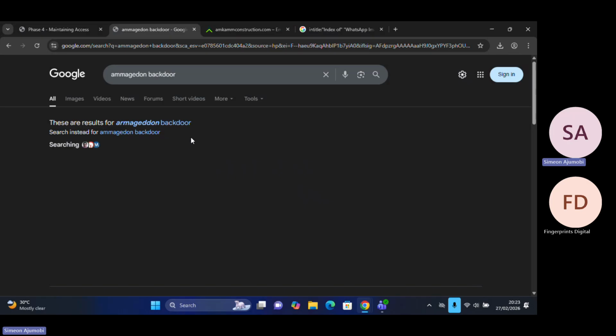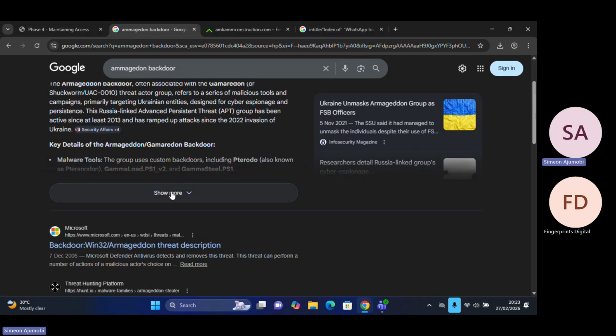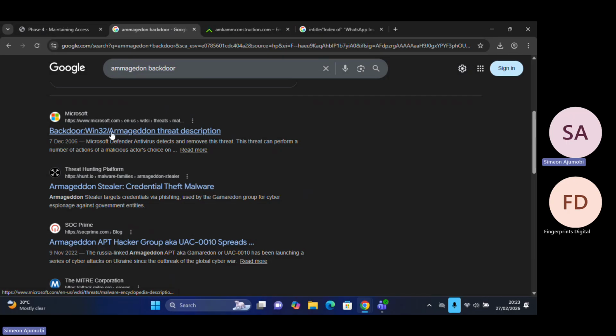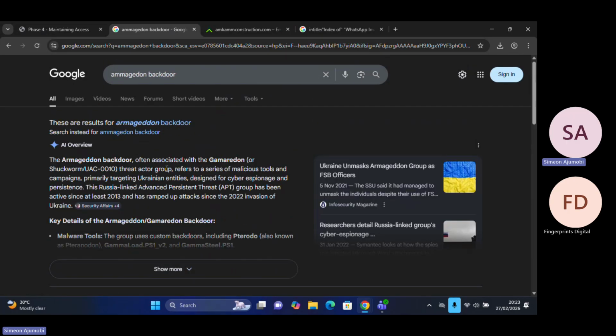There was a particular kind of software that is called Armageddon Backdoor. It's here in Microsoft. They've got it. It's called Armageddon Stealer. It's a credential theft malware that we used to use at that particular time. That Armageddon backdoor, what you do with it is that once you gain access, it shows you exactly what is in that person's system,